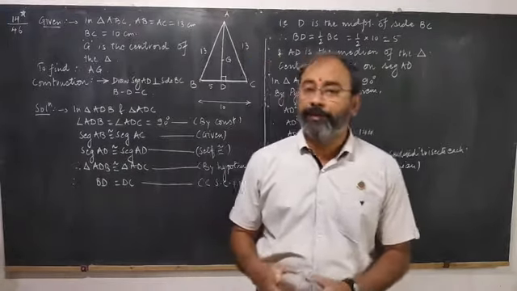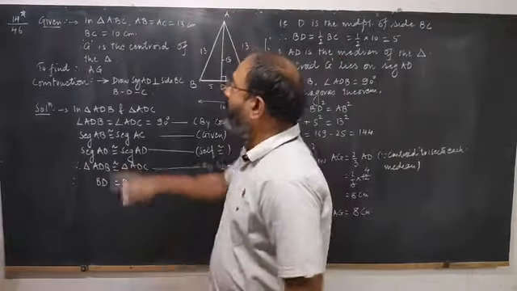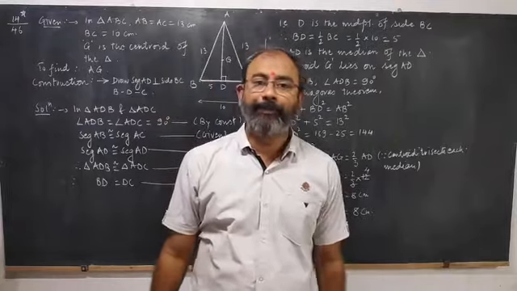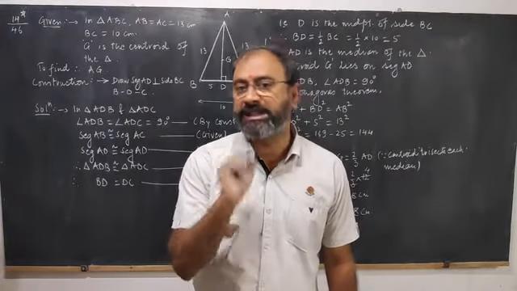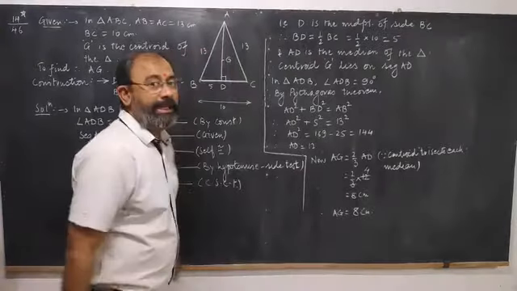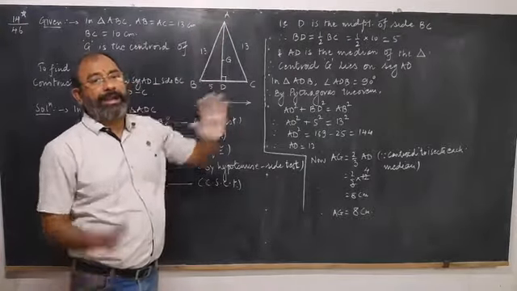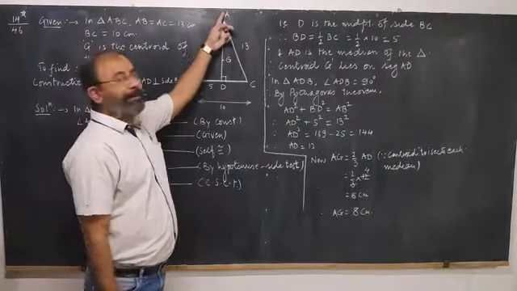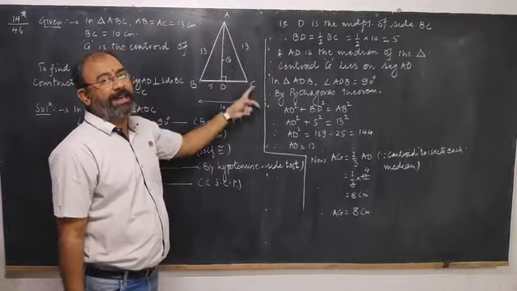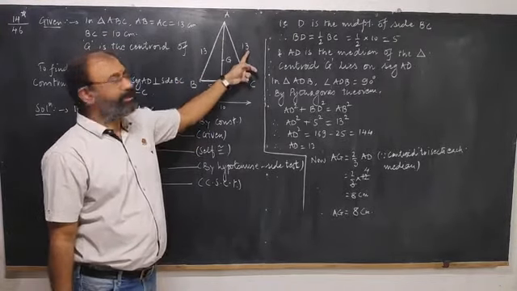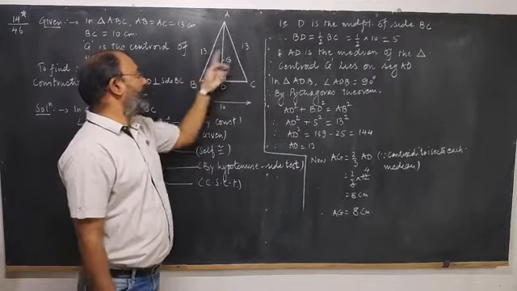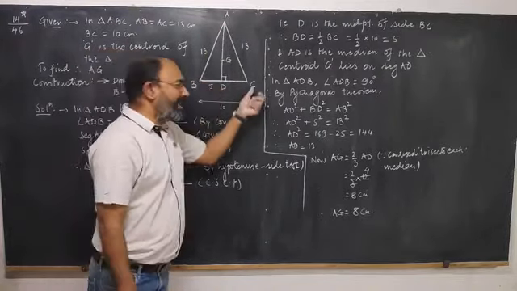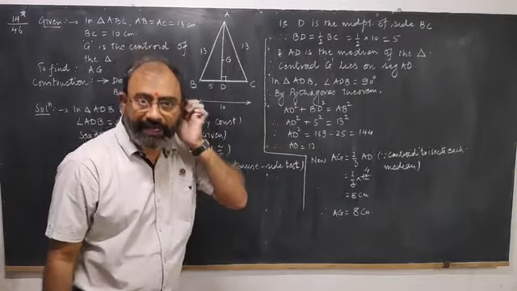One more very good example from the syllabus. Problem number 14, a star mark example on page number 46. In the problem it is given that a triangle is an isosceles triangle in which the congruent sides are 13 each. So we are considering triangle ABC in which AB is equal to AC equal to 30. Base BC is equal to 10.